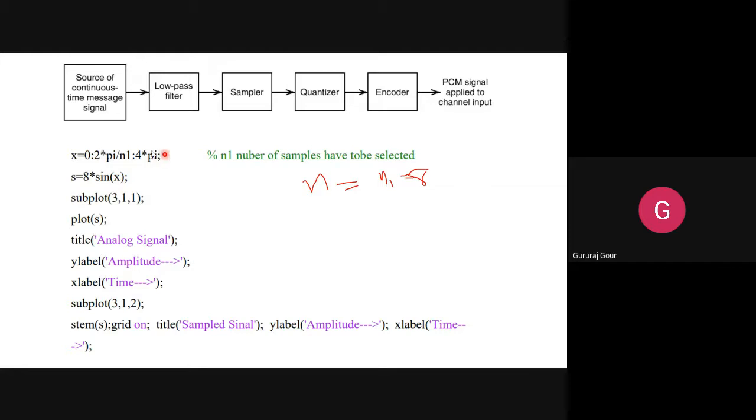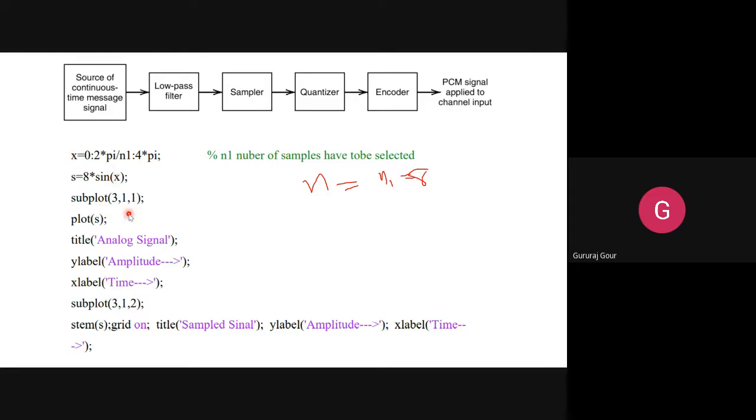Whatever the sample spacing you defined in x, I will be taking its sine function, and its amplitude is decided by the C8. You can take any value here, that is going to decide plus or minus, that is the peak to peak value, that is S here. Okay, this is the signal generation concept. With only these two steps we can do it.